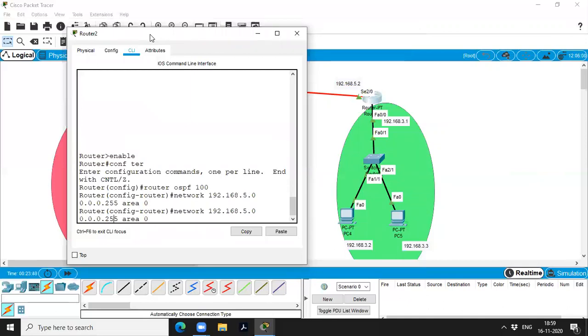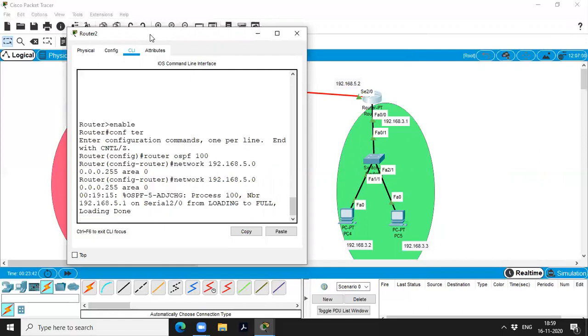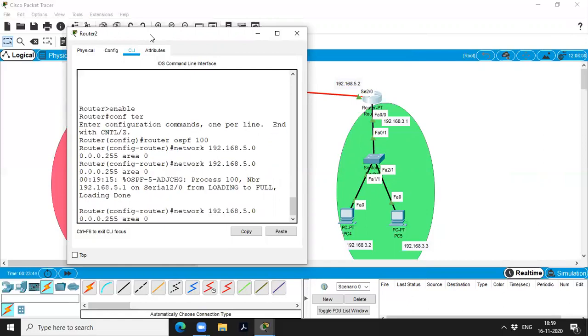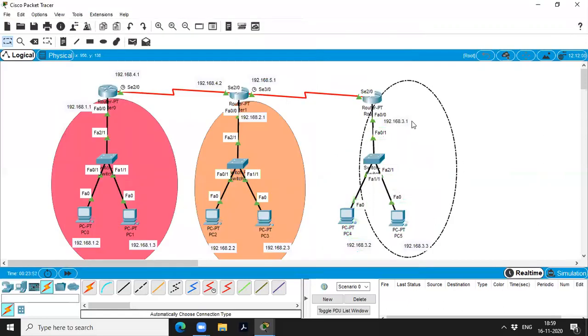Then network 3.0, since this router is connected to another.